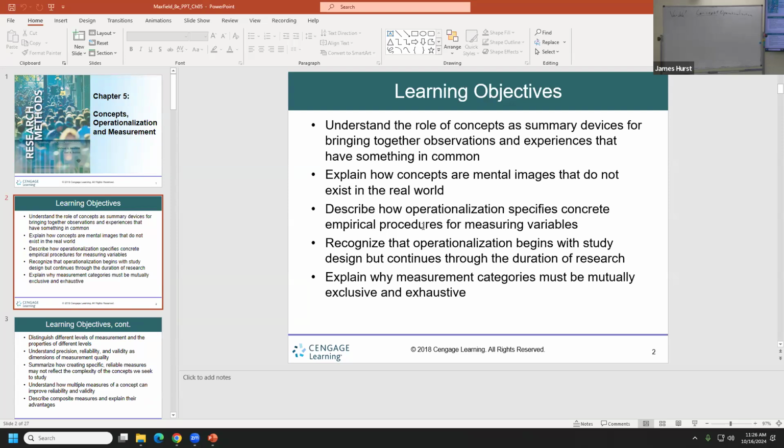Let's see. Operationalization is just the empirical side. Yes. Here we go. Mutually exclusive and exhaustive. When you start getting into variables, a big facet of it is that all of your options are there. If I were going to ask people their races and I said, we're going to have